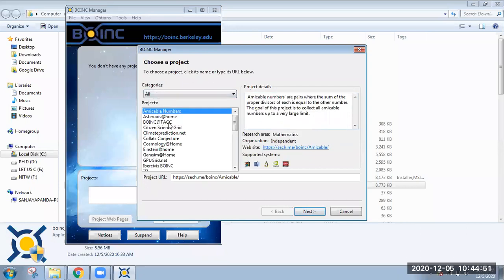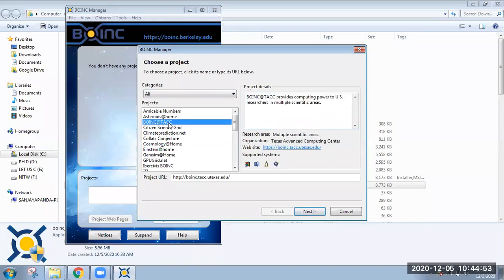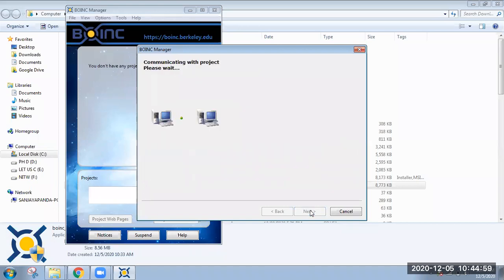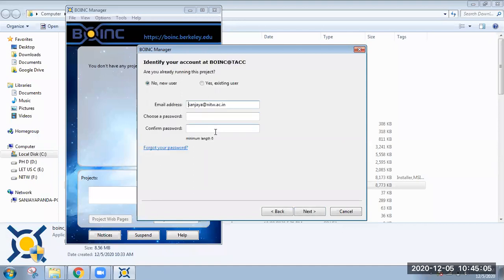So let me add BOINC at TACC to my computer system. So I have clicked BOINC at TACC, then I'm clicking next. So now my computer is going to communicate with a particular server, which is running BOINC at TACC. So if you have an account, then you can give your username and password.